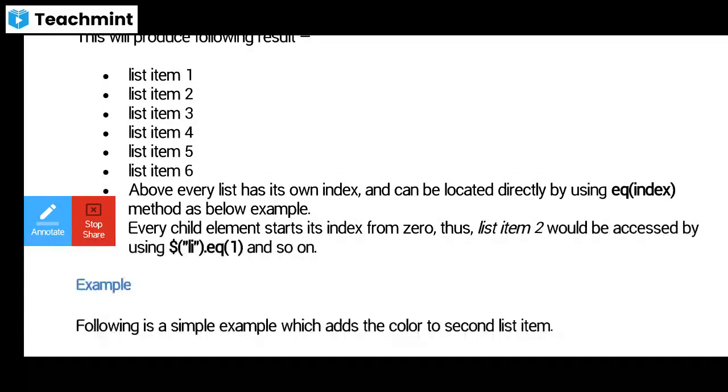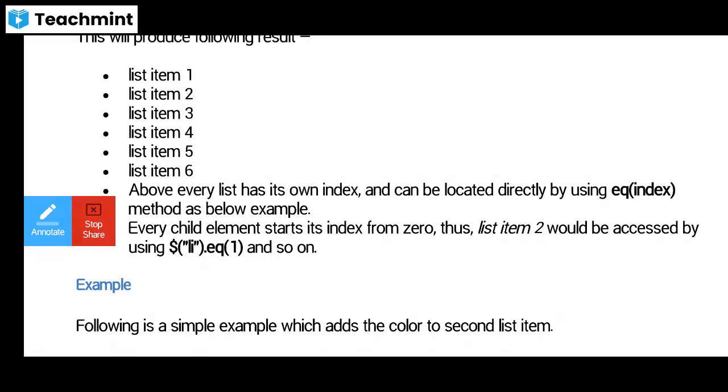So like this, we have an example here. By using the dollar sign, that is related to the jQuery selector, it is going to select the particular list in the list element, and here it is going to select equivalence by the index value. The index value is going to start from 0. So 0, 1, 2, 3, like that, the index value is going to be started.